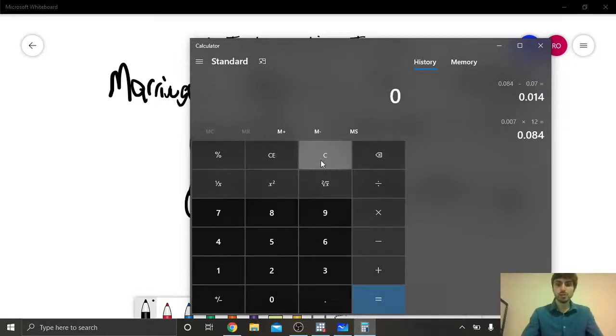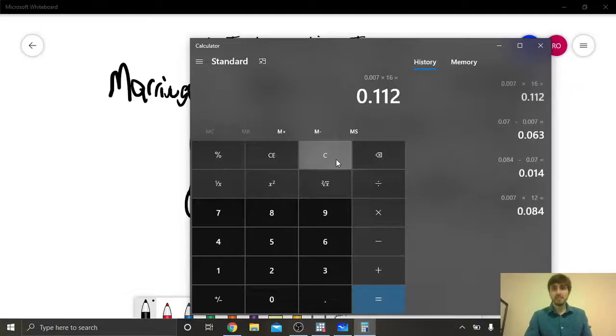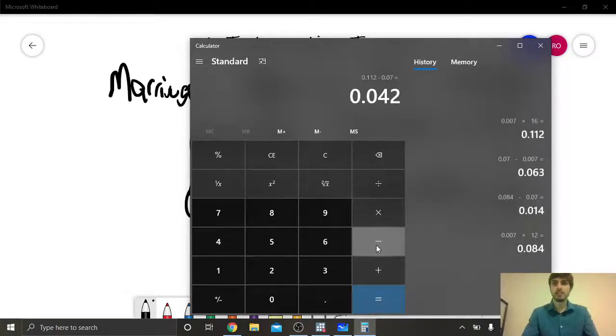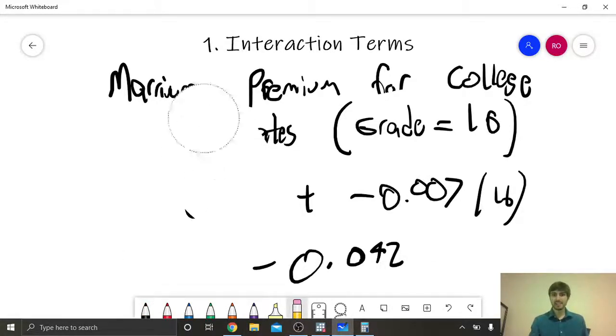So we'll do 0.07 minus 0.007 times 16, and 0.007 times 16 is 0.112, minus 0.07. Yeah, so here we get negative 0.042, or 4.2%. So we found that